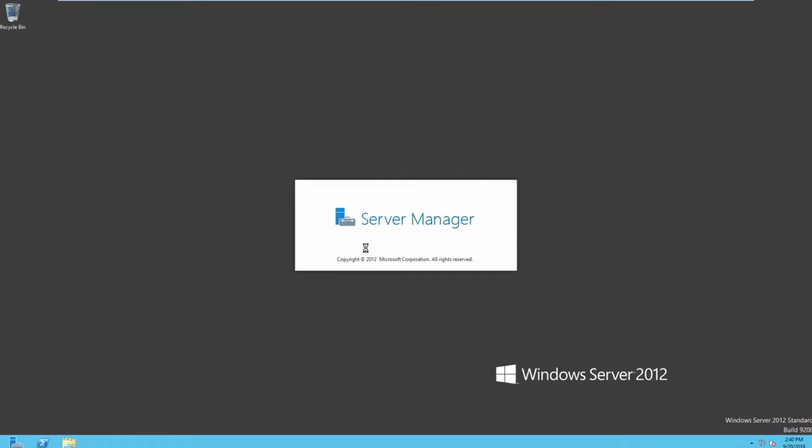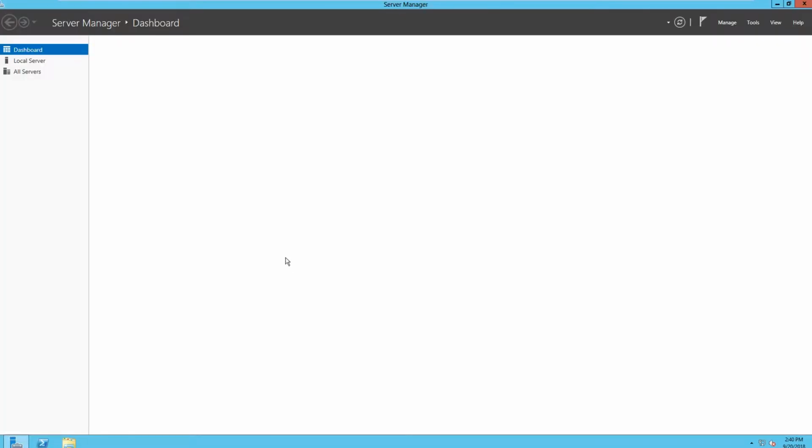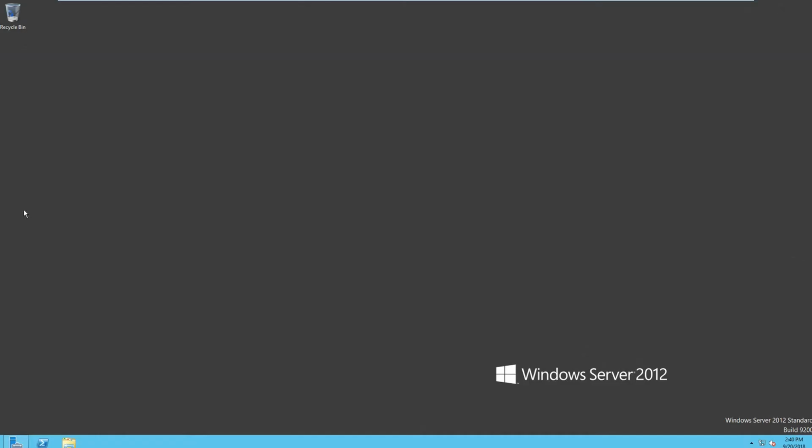So once my server launches, my server manager by default is going to be the first thing that pops up. So my server manager is going to give me access to the dashboard. I'm going to see a dashboard on the left-hand side of my screen. I'm going to see all of my local servers, and then I can view all servers that I have access to. Okay. And I'm going to minimize this for now because I don't really have a need for it. If I need to go back to it, I can simply click on the little suitcase you see at the